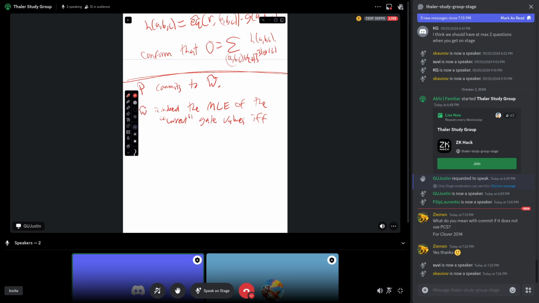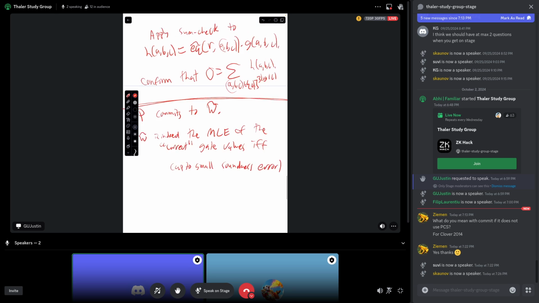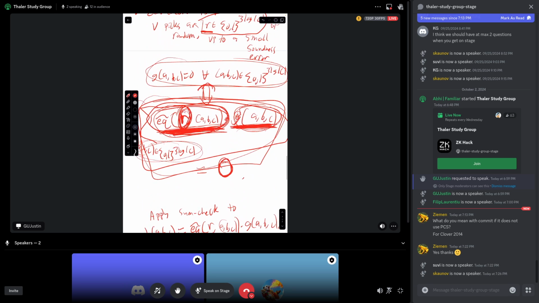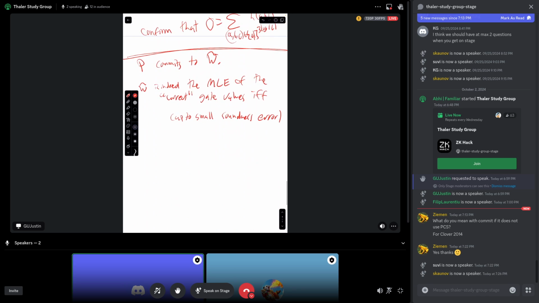Up to some small soundness error, which is coming in over this random choice of R here, W tilde assigning the correct value to every gate in the circuit is equivalent to